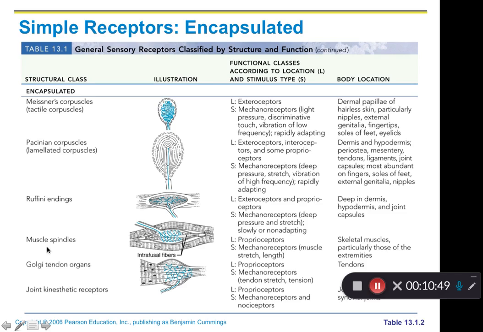So the fourth is muscle spindles. Muscle spindles is specific for the proprioceptors. So it also detects the mechanical stimulus. So it is also a mechanoreceptor. We can find these receptors in the skeletal muscle. Once the skeletal muscle contracts, or is stretched,